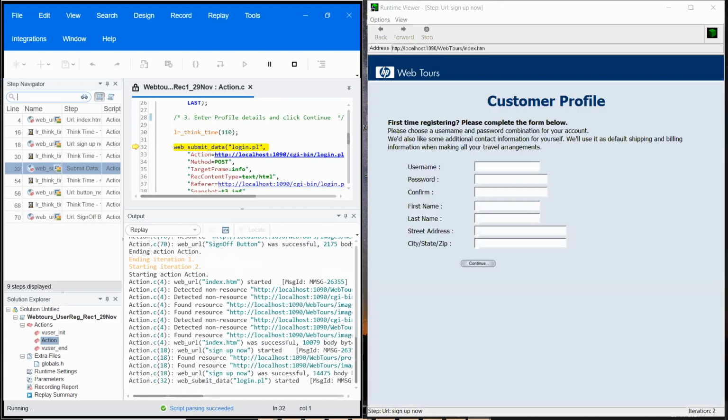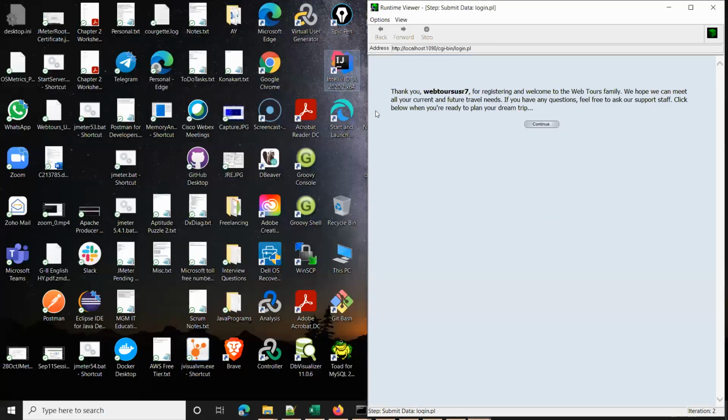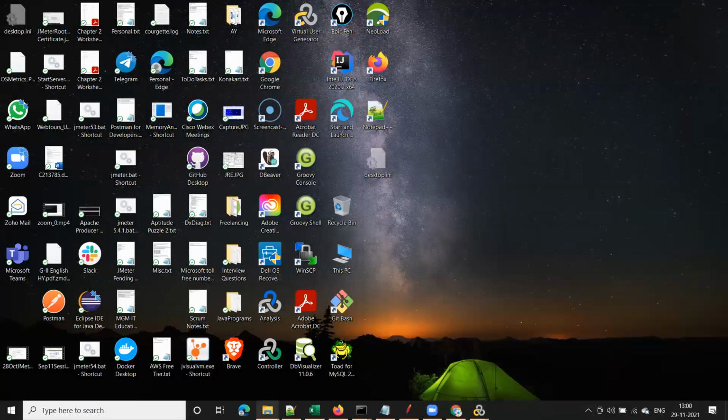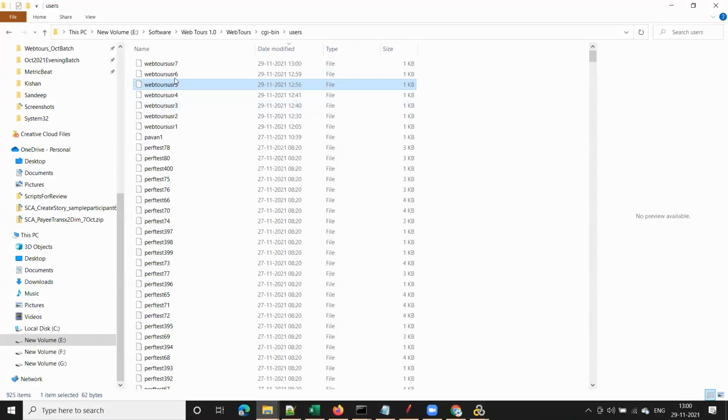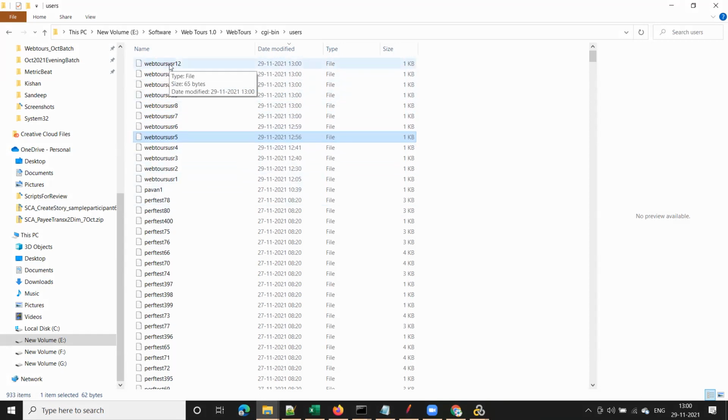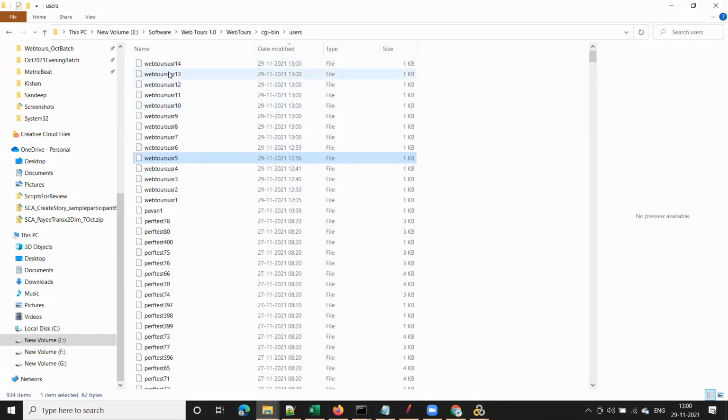Now let me go to that folder. Let me minimize this. Let me go to that web tools folder. You can see the user registrations. Your tool is running the script and doing the user registrations. Observe here. 6, 7 completed now. 8 is done now. 9 is done now. 10. Right? You can happily sit back and relax, and you can enjoy the show. Now your script is doing the user registration for you.